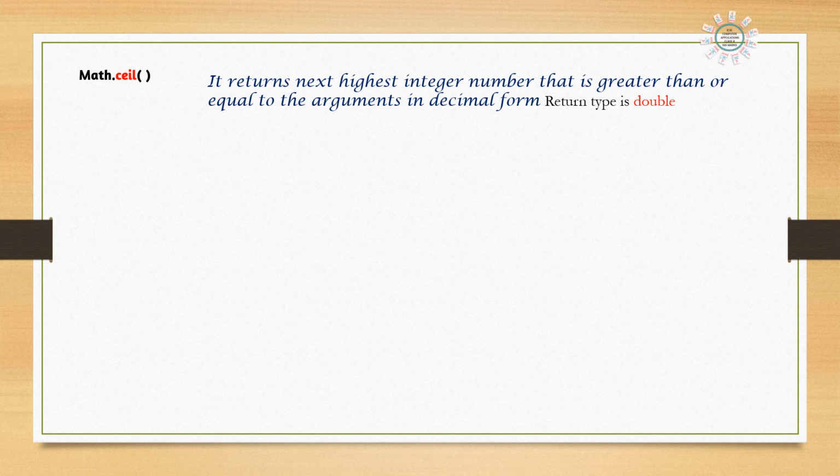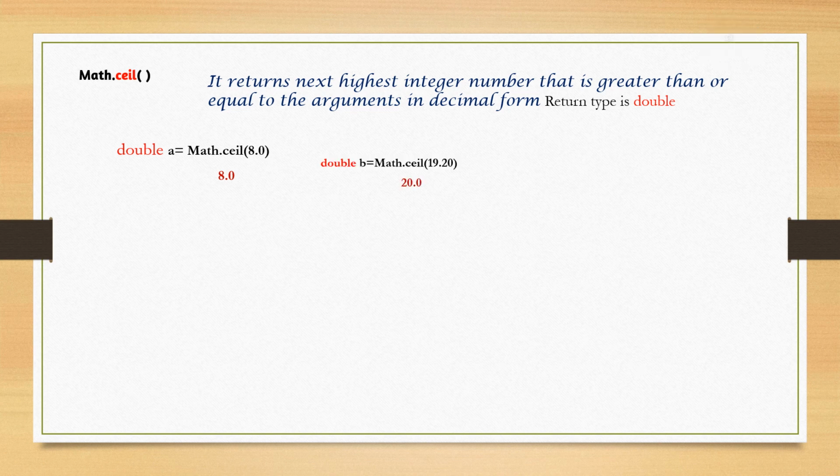If the decimal part is 0.0, then the same answer will come. But from 0.1 to 0.9, keep in mind that the next highest number will come. We have to take care while doing positive and negative numbers. Just keep in mind that the highest number is the answer. The return type is double, so 8.0, if it is 0.0, has no change in the answer.